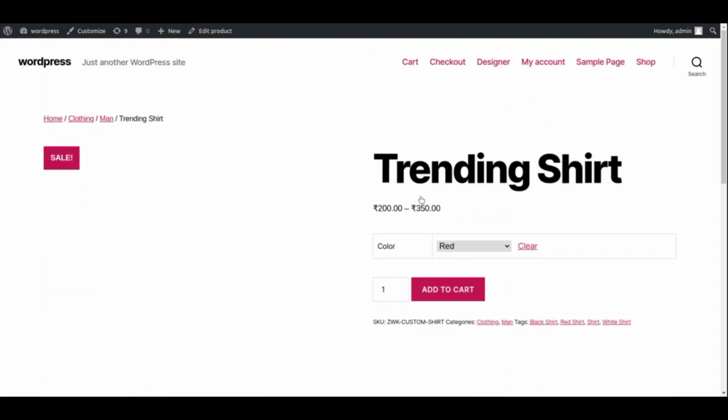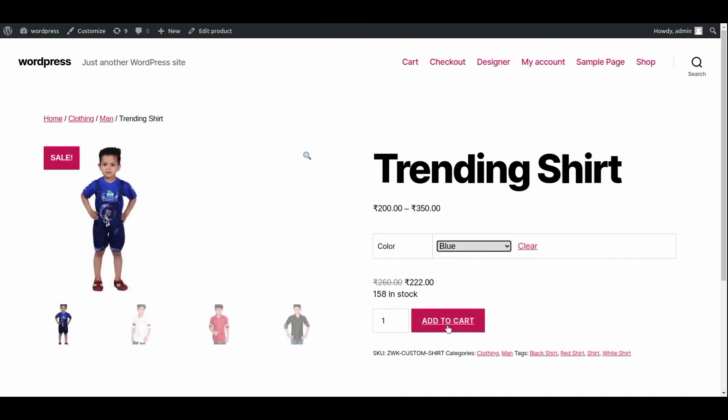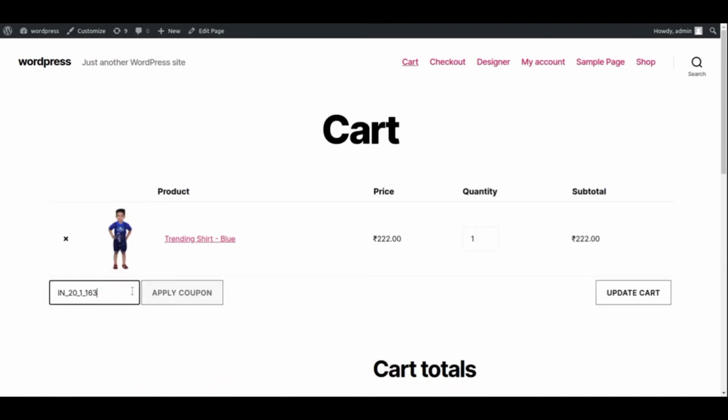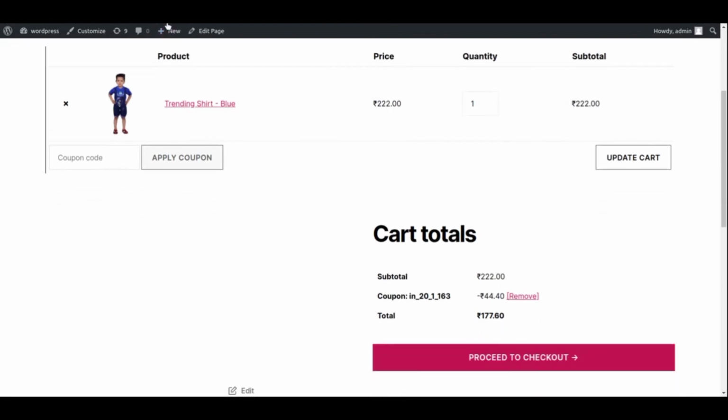Let's apply. See here the pricing and everything. I have given a 20% percentage discount on the price, so it automatically reduces by 20%.